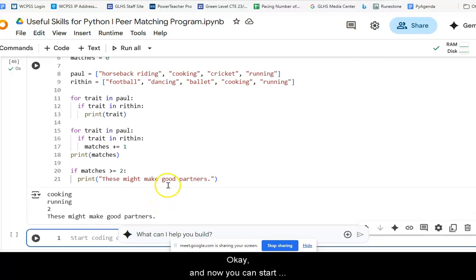Now you can start imposing some conditions on things. You can just count things, you could add points to it, whatever you want to do. So there's a possible Excel